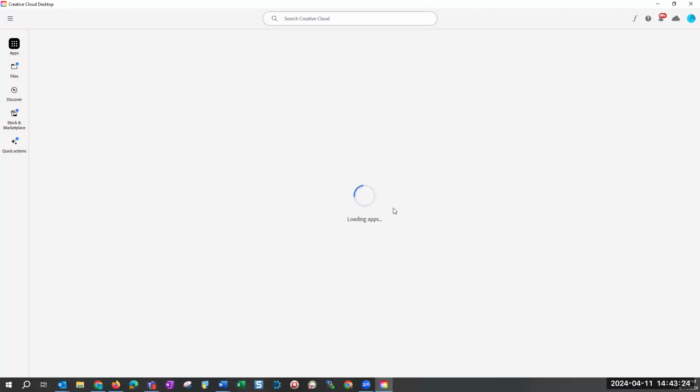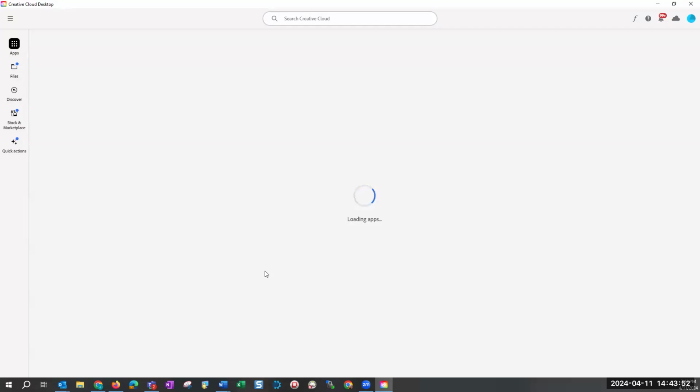So now this whole process that I'm doing right now may take a little time on your computer. So just be patient with it. Let it install all the apps and everything. Because as you can see, I was just signed into it. I signed out and then I signed right back in, and it's taking a little bit of time to load all those apps.